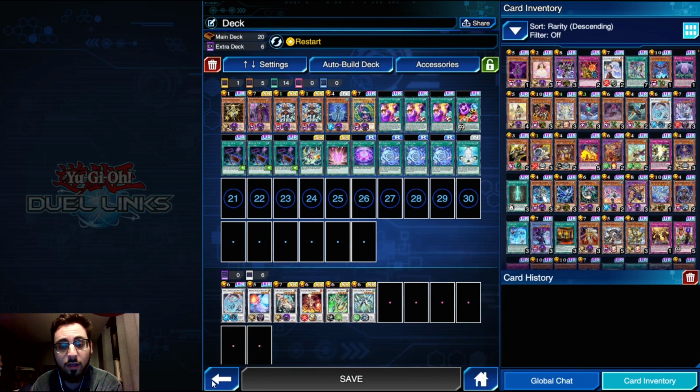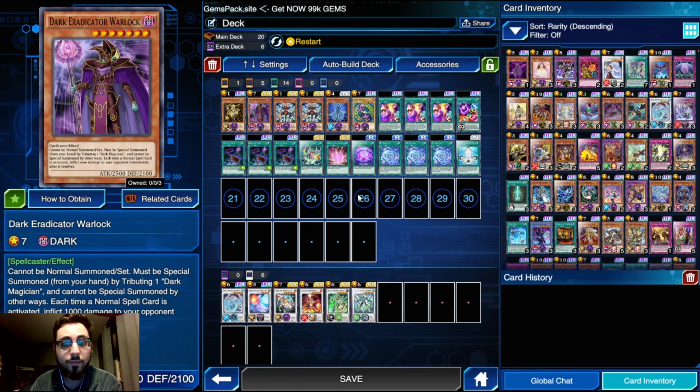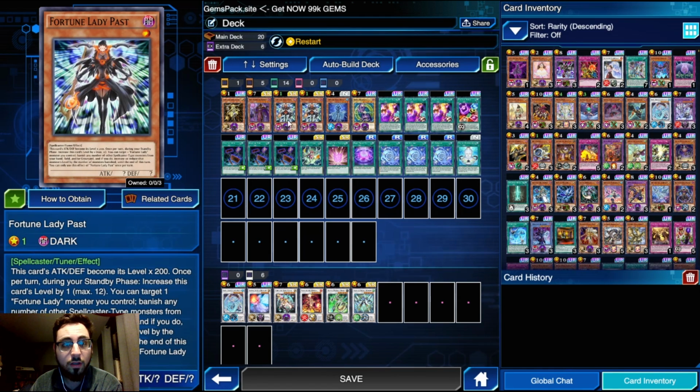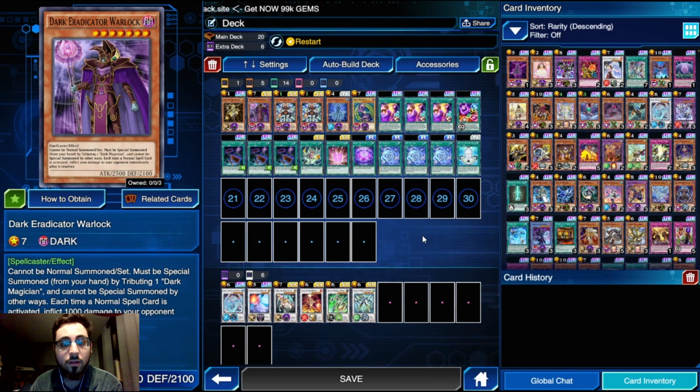I had a little break here between my breakfast and dinner with my family, and I was just messing around on Duel Links, and I discovered a new FTK with Dark Eradicator Warlock, Dark Magician, and Dark Magic Veil. So this is very similar to the FTK I posted last week. Uses the exact same engine, except it substitutes the 3 Dragons Gunfire for Dark Magic Veil, Dark Magician, and Dark